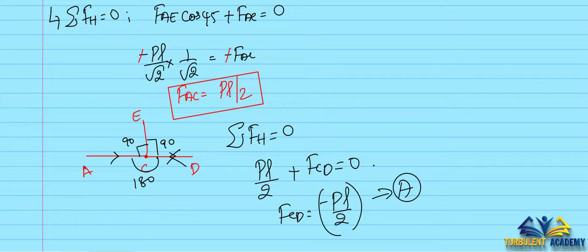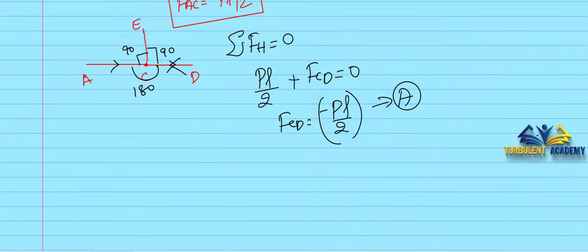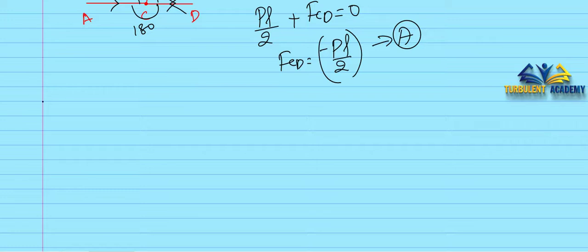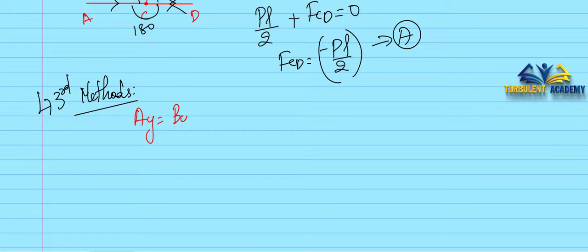So the second method we have done. Next we'll use the third method to solve the same problem. So you will get accustomed with all three methods, and you'll be able to solve any kind of problem. Even if they ask us to solve it using any other technique which we are not sure of, we can solve it using any of these three or by combining them. Okay, so now we shall go ahead. AY equal to BY is equal to PL by 2. We have got it as such before itself.